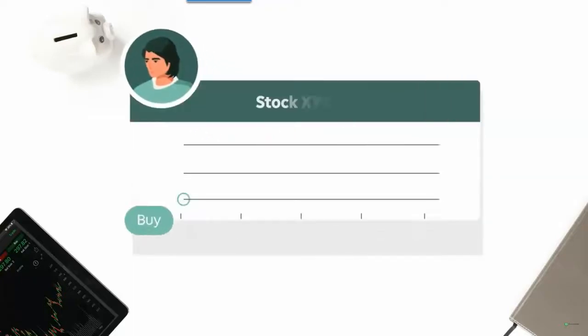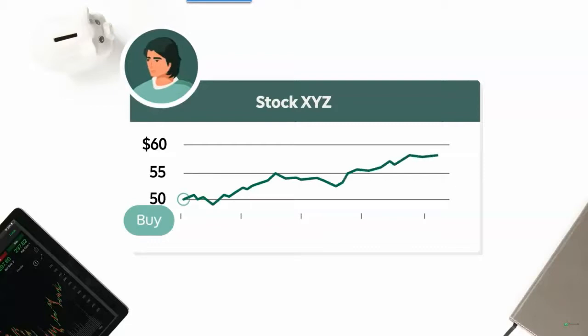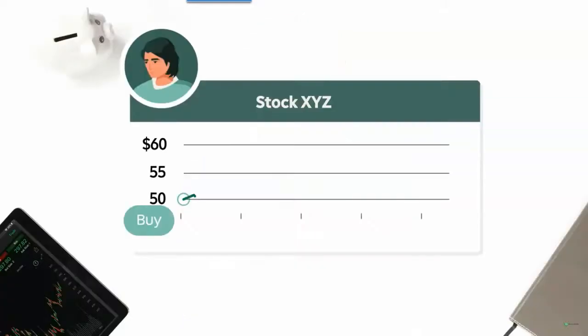Let's say you're an average investor and have a regular taxable brokerage account. You buy a share of stock XYZ for $50, and over the course of a year, it increases to $60. At this point, you've gained $10, but it's an unrealized gain because you don't actually profit until your position is closed. No matter how long you hold the stock or how much its price changes, you won't be taxed on gains as long as you don't close the position and gains remain unrealized.